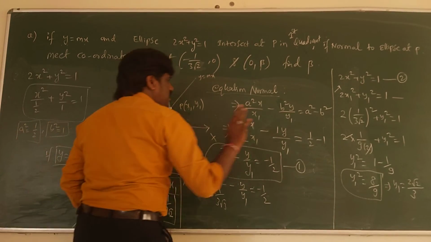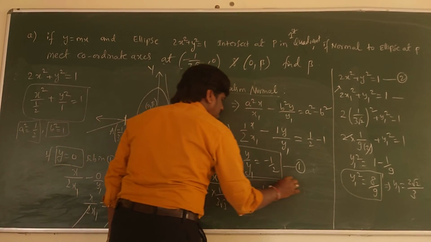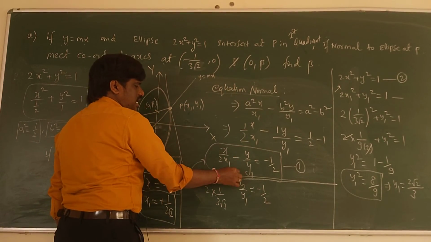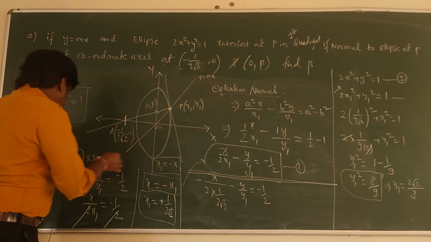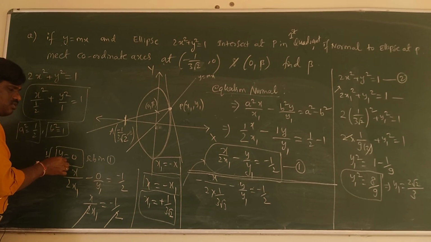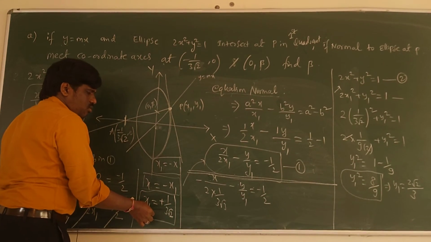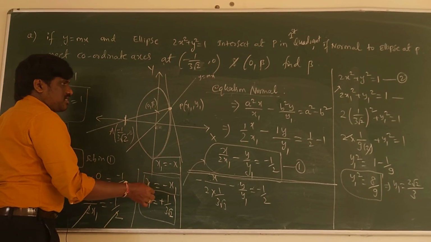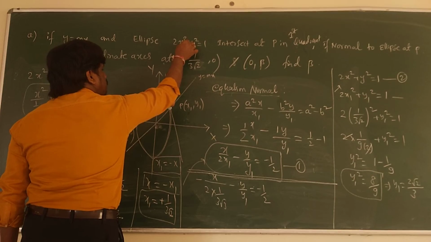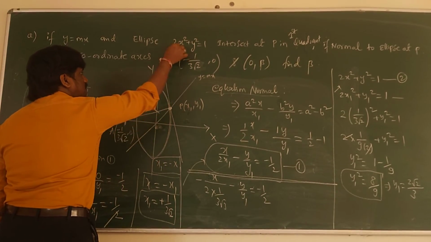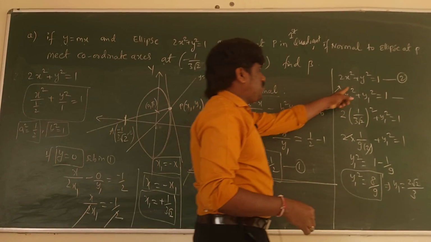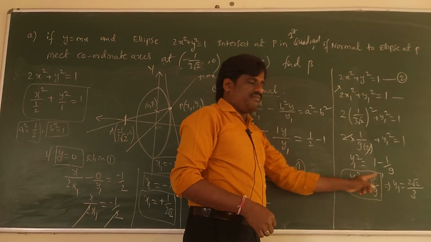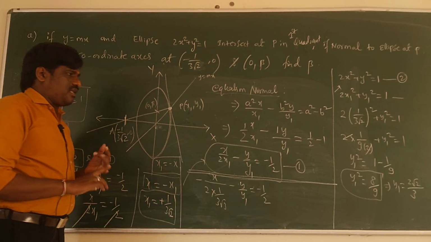And this, you see, you don't get confused here where I have completed. I have started the question answer here. Okay, I have completed this. Then I started from here, substituting y is equal to 0. Then I got x1 is equal to 1 upon 3 root 2. And this value x1 is equal to 1 upon 3 root 2, I substituted in the ellipse, because this point is also passing through the ellipse. I took the ellipse equation here. I substituted x1 value here. So I got the y1 value.